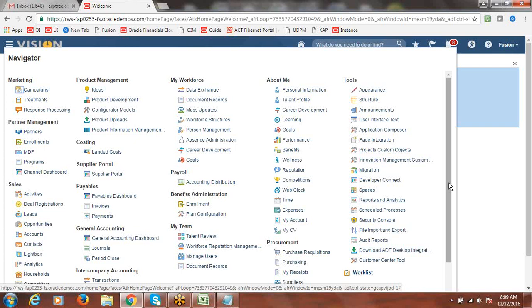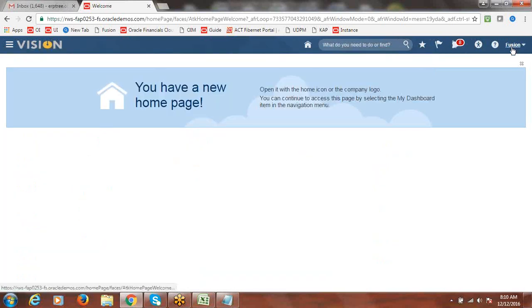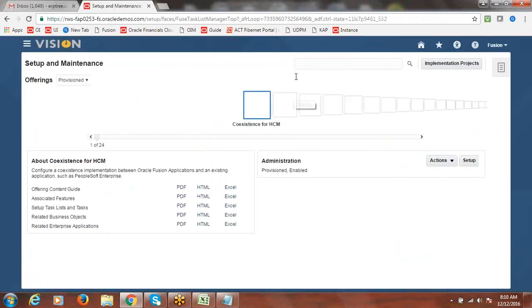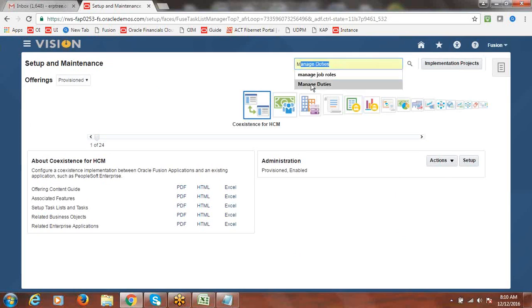Okay, fine. Security console. Before we take another simple example to understand a few more points, I'll show you what security hierarchy means. So very simple. Go to setup and maintenance, then go to APM. The task name is manage duties.